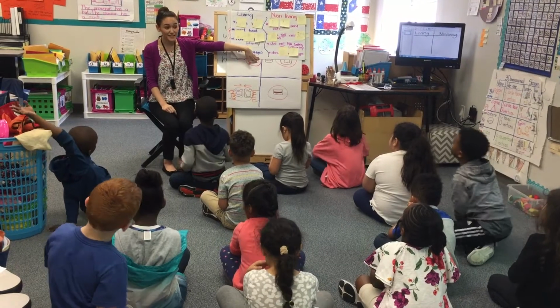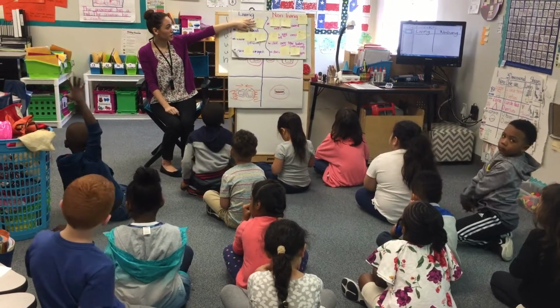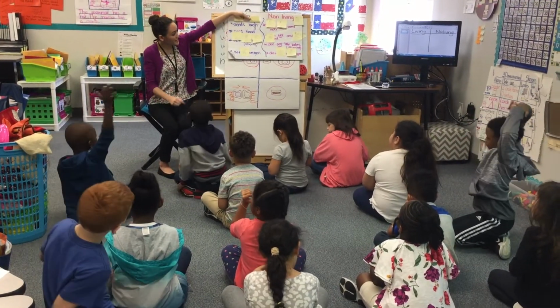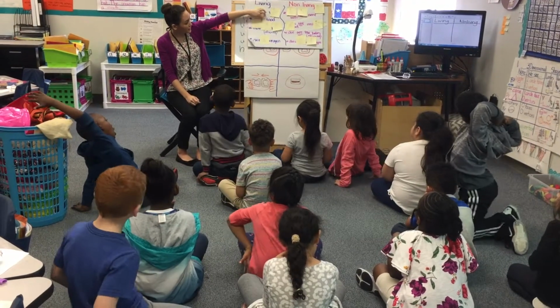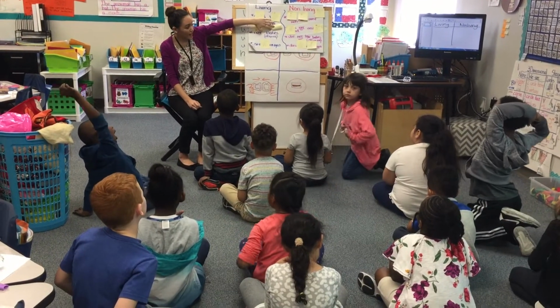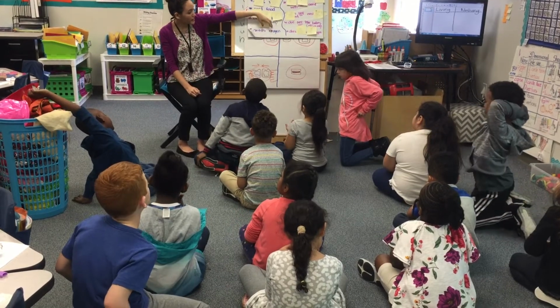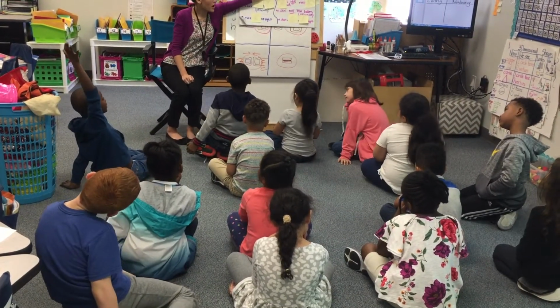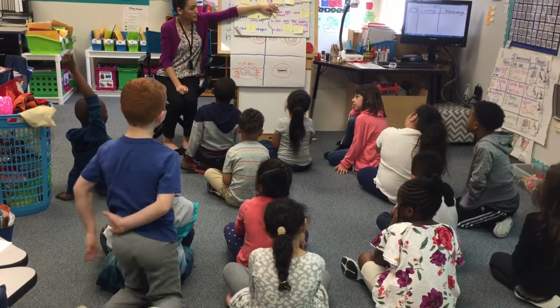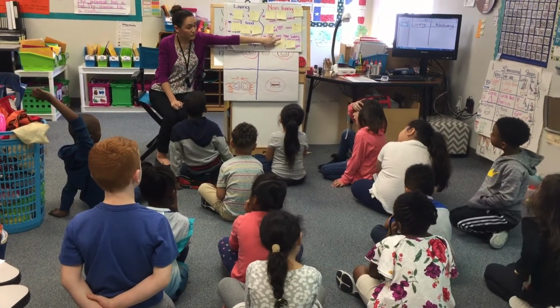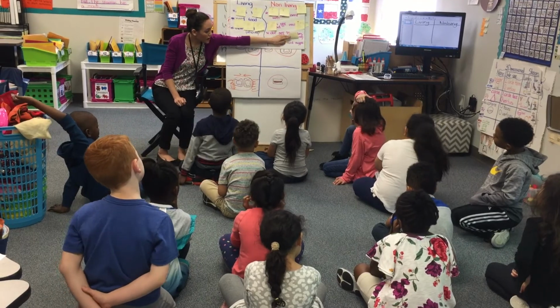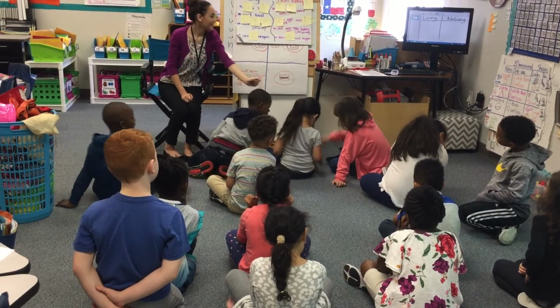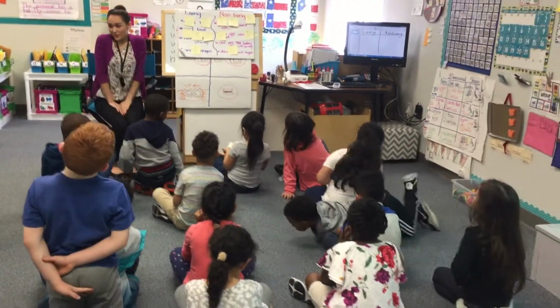by what they need. So remember when we made our anchor chart earlier, we said that living things need water, they need food, they can have babies, and they need oxygen. But non-living things, they do not need water, they do not need food, they do not have babies, and they do not need oxygen. All right. Thank you so much. All right. Go ahead